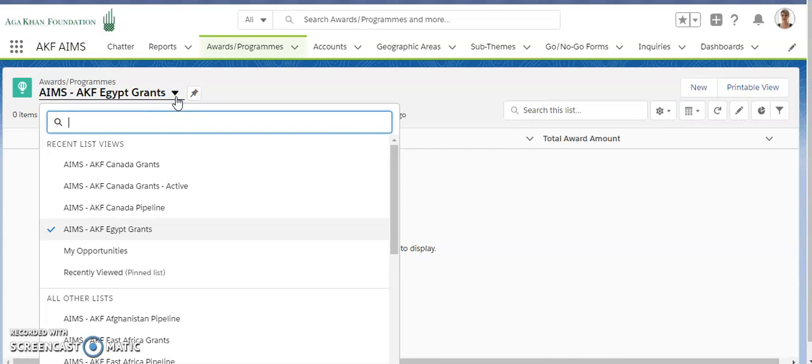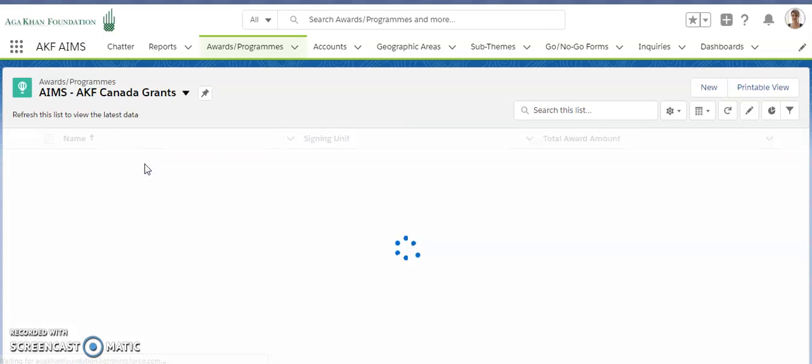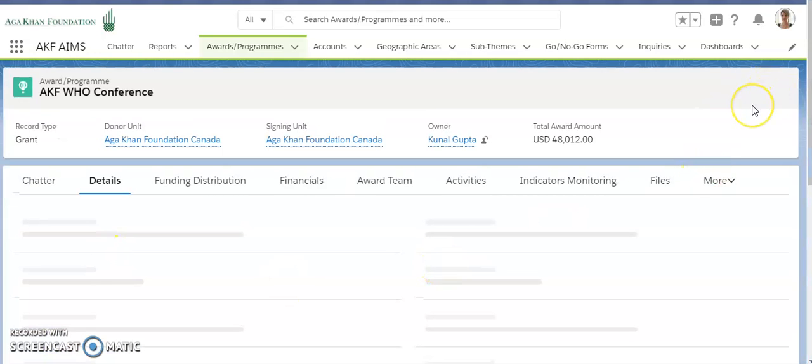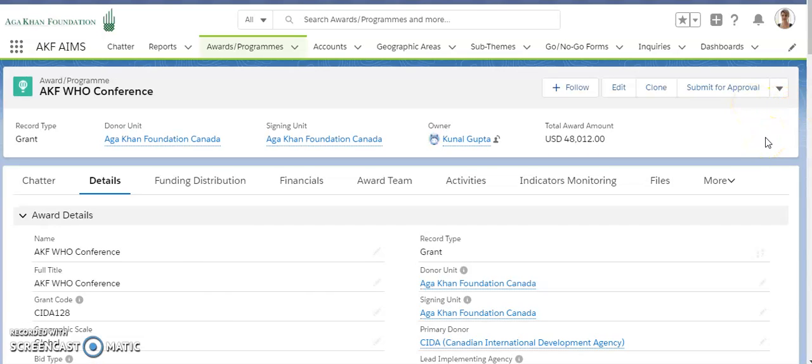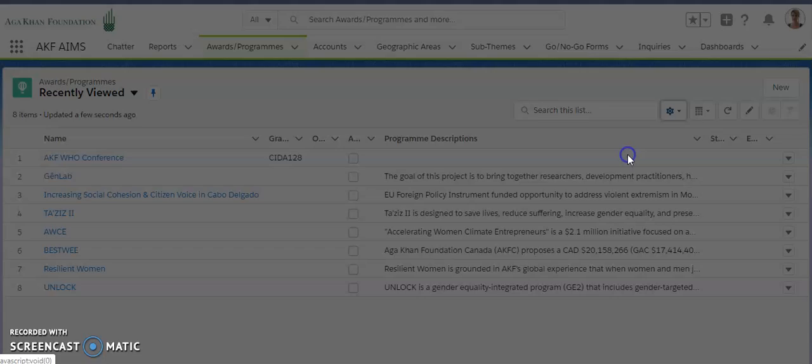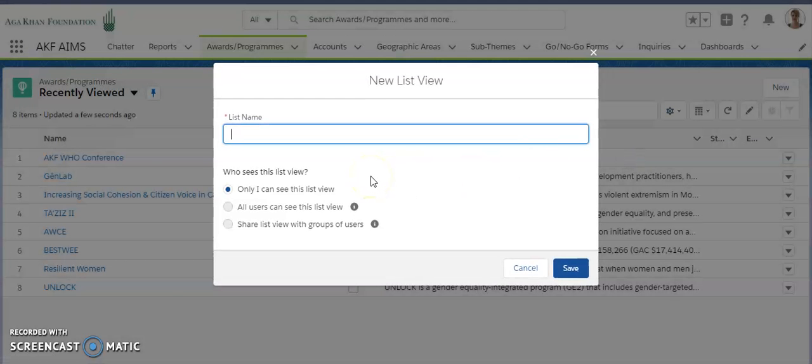Now let's take another example of creating a different list view. Let's suppose I want to see only the opportunities that are in AKF Canada. So for that, again, I would have to click on awards programs and click on the new button. Okay, and I would rename this as AIMS Opportunities